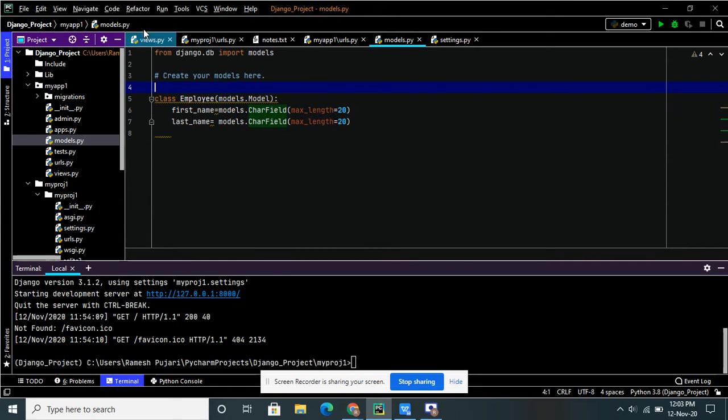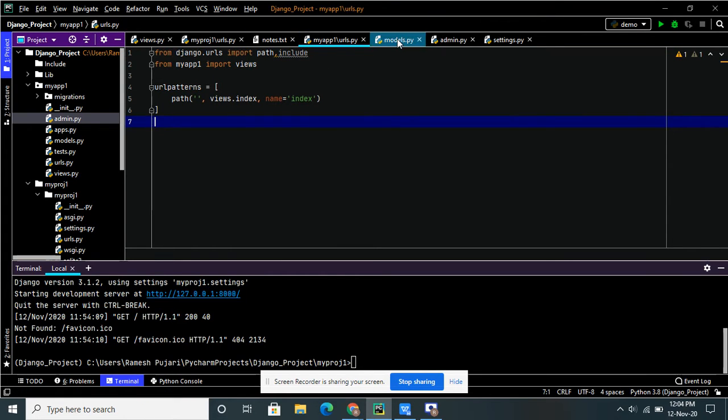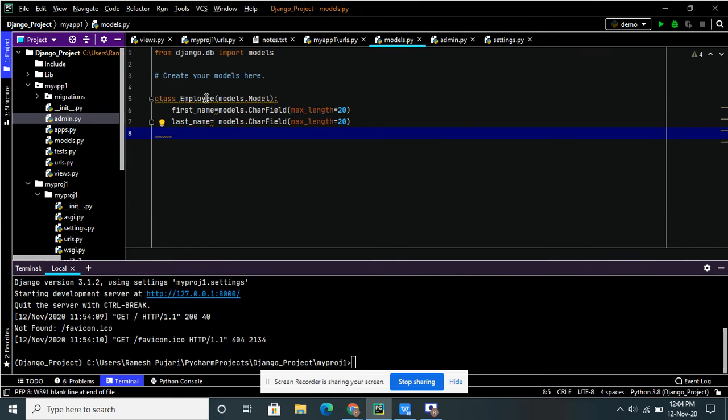In the admin app, you have to register the model, that is the class which is here in models.py. Employee is my class.